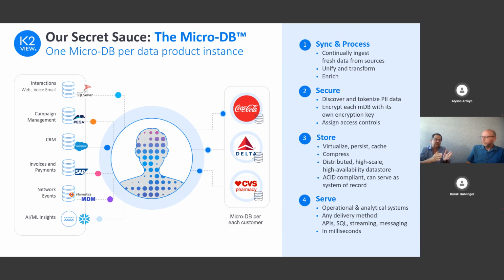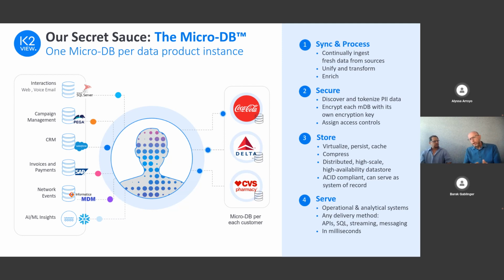And it's important to understand that once we have this all captured and secured in one micro database, we put it in a repository, or we can ship it across to anybody who needs it. It can be Snowflake, it can be Salesforce, it can be anyone who needs this information. It can be part of it, it can be all of it. And on top of that, we know how to identify delta changes. So once we ingest the entire information, we know how to detect changes that occurred on the data in the originating data sources.